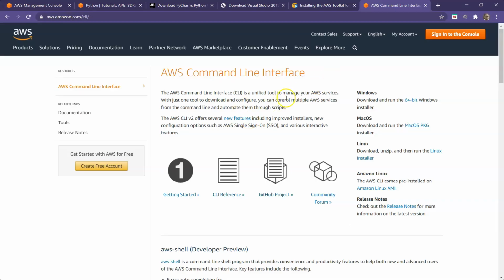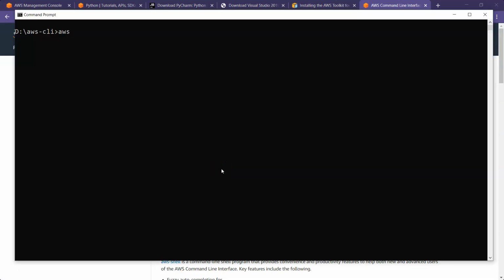And if you want to work with CLI, and if you set up CLI programmatically, even the Java setup and Python setup will be automatically there. So you can go ahead and install CLI for the appropriate version. It is a Python application. If you work with Windows, you get a 64-bit installer, and you can look at the references and the getting started guide to understand more about how CLI works. So what I've done is I have downloaded and installed my CLI program.